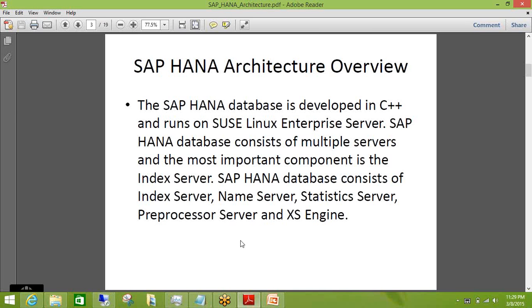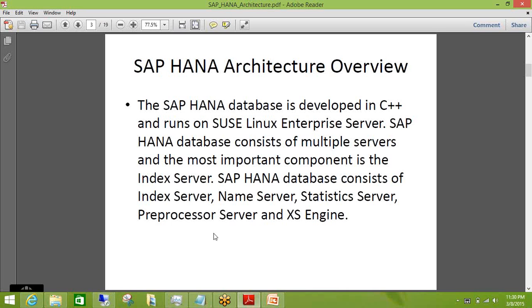From HANA 1.2 SPS 8 onward, SAP has started supporting Red Hat Linux also. So just to correct you here, don't think that only SUSE Linux is supported as the OS in HANA. No, that is not a correct statement. The correct statement is that in addition to SUSE Linux, Red Hat Linux is also supported as part of the OS.